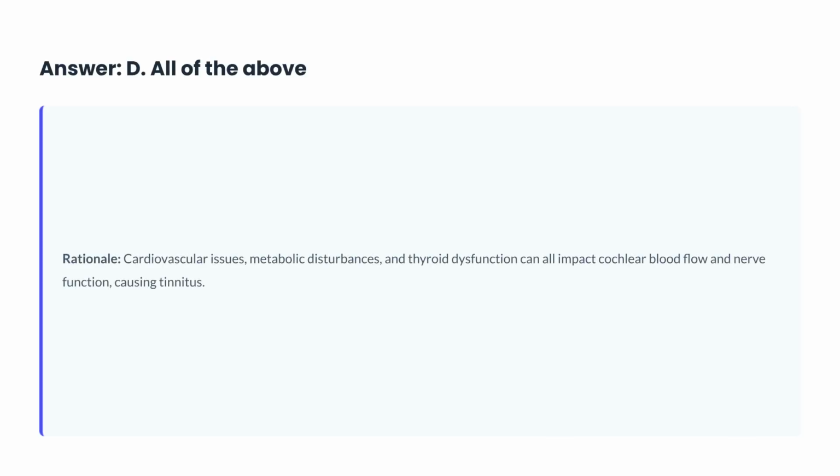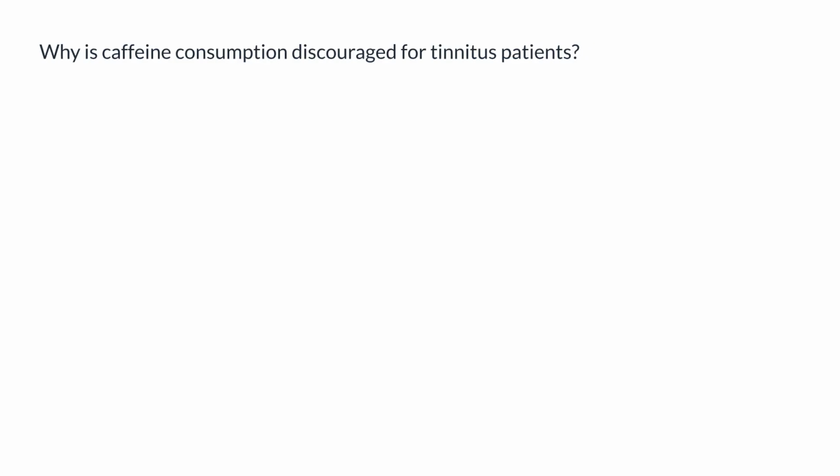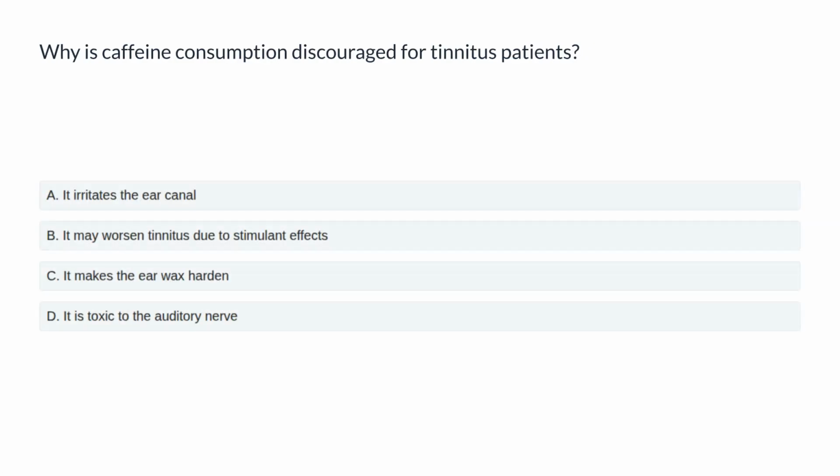Which of these systemic disorders can cause or exacerbate tinnitus? A. Cardiovascular issues. B. Metabolic disturbances like diabetes. C. Thyroid dysfunction. Or D. All of the above? The correct answer is D, all of the above. Cardiovascular issues, metabolic disturbances, and thyroid dysfunction can all impact cochlear blood flow and nerve function,